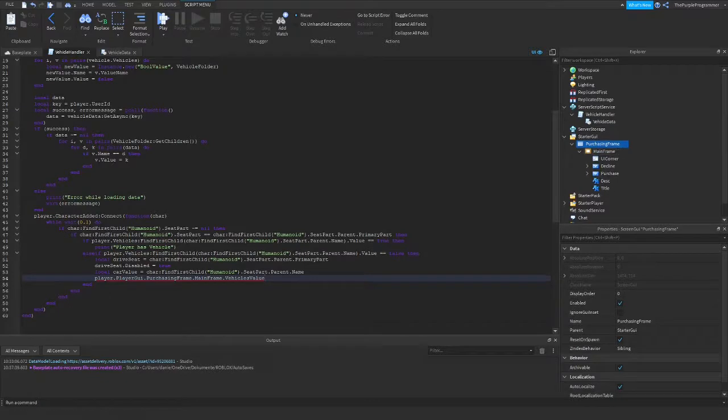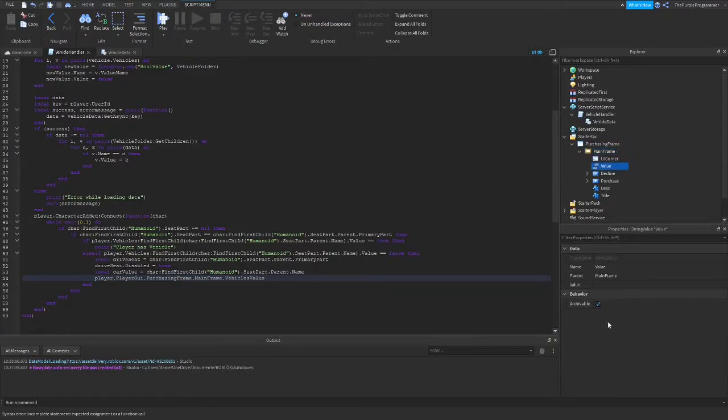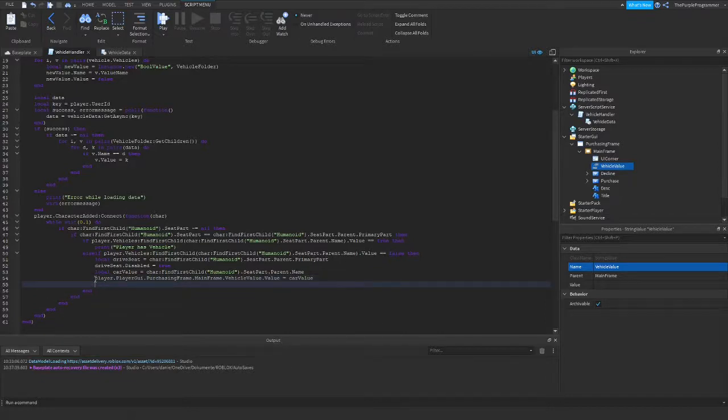Exactly. You have to create a string value and call it not the value, VehicleValue. VehicleValue equals the car value. There we go. And just copy this over and over again. Dot Description.Text